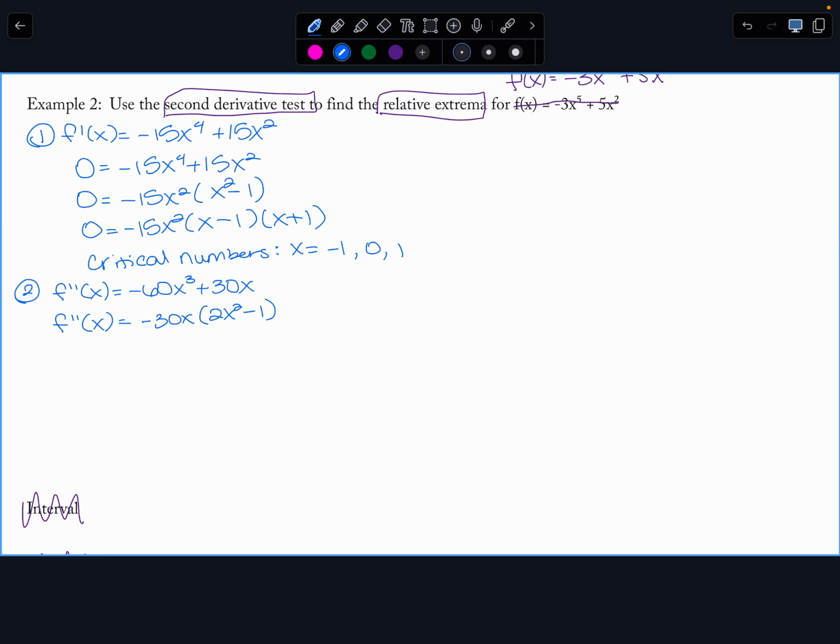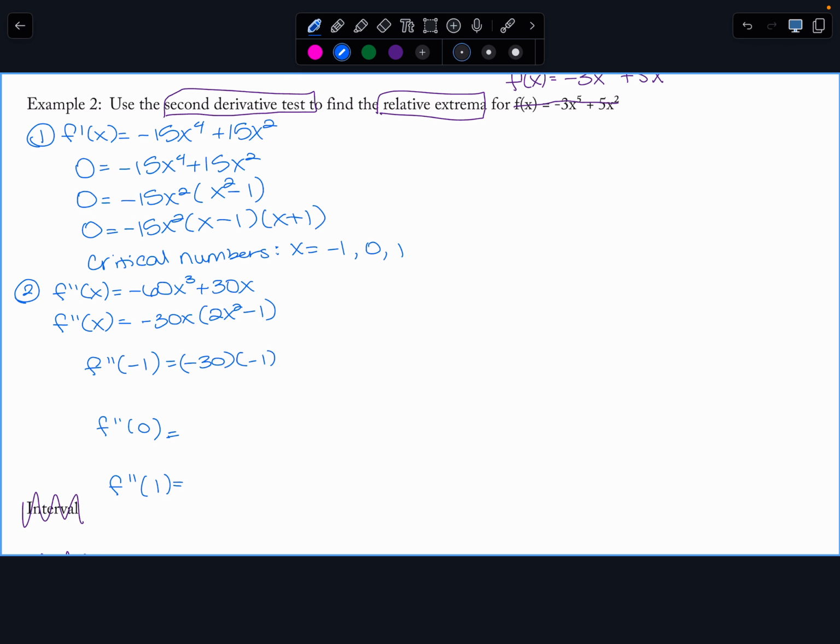So really what I want to do is take the second derivative and find f double prime of -1, f double prime of 0, and f double prime of +1. And if I can figure out concavity at those values, I can determine whether or not it's a min or a max. Now, the only issue that we will run into is if the second derivative that I get is equal to 0, because then I can't tell whether or not it's concave up or concave down because I got 0 instead. So when I plug in my -1,